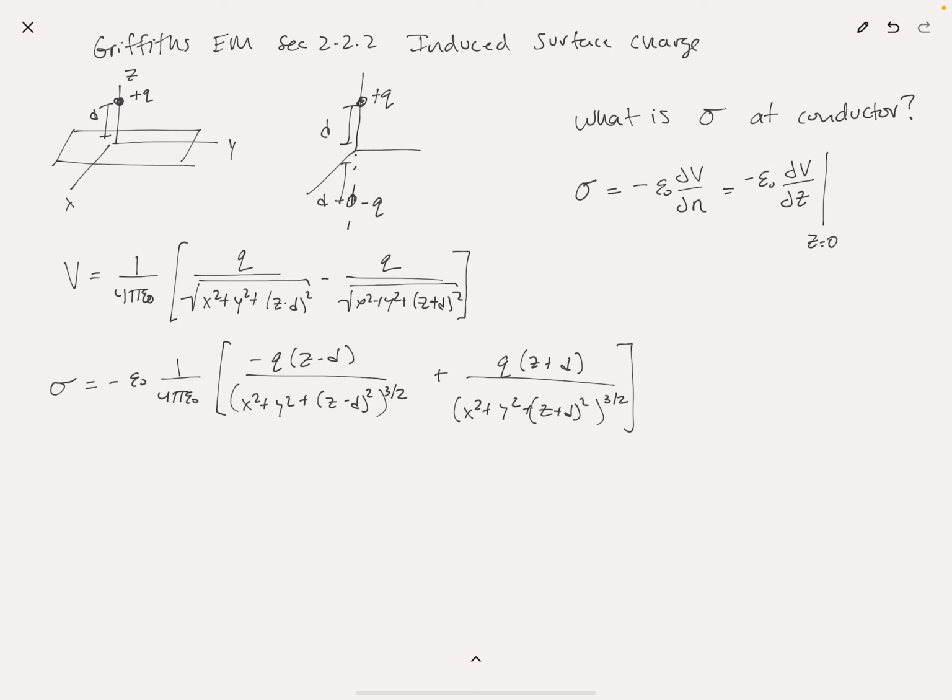So that was the derivative with respect to z. The next thing to do is to set z equal to 0. You see that these terms will be a little different. You're going to get sigma is equal to